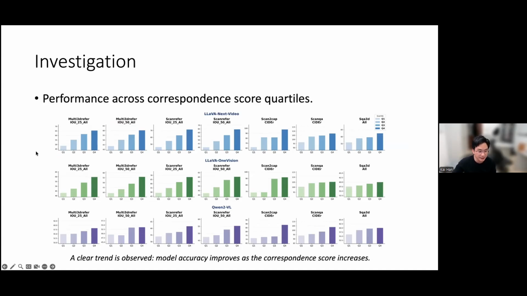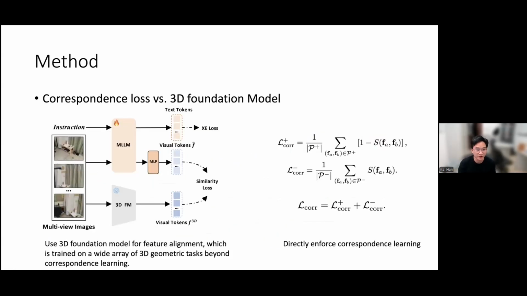And then we can clearly observe a positive correlation between the correspondence quality and the downstream task quality, across all the different data sets and different tasks. So this really tells us a clear trend: model accuracy improves as the correspondence score increases. So this is important. Then with this observation, it becomes very intuitive for us to improve the 3D awareness of